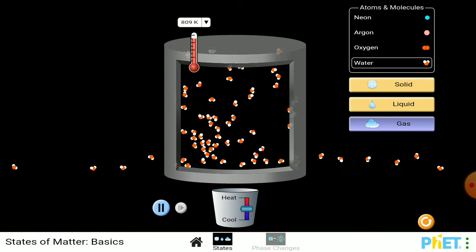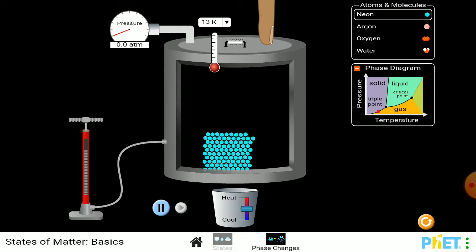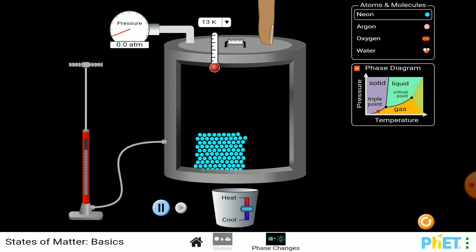Now let me change it. Here you can see the phase changes. The phase changes you are able to observe here, and this is the phase diagram that you are observing on your screen. When I raise it up, see it properly please. The pressure, which you can see is 0.0 atm, will increase after some time. The temperature we are observing is minus 260 degrees Celsius. Fine, and the molecules are in liquid state now because they are not exactly stuck. Now we will increase the pressure inside this.